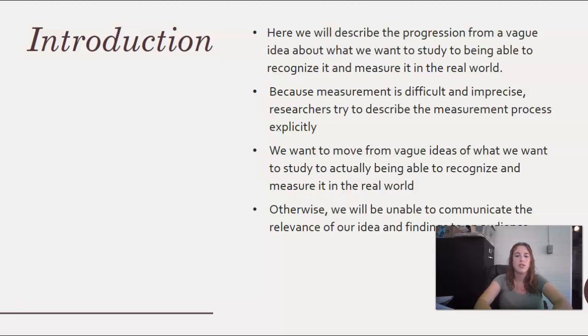If we say that we investigated the relationship between poverty and crime, we need to explicitly state what type of crime we are looking at. Are we looking at property crime? Are we looking at violent crime? Are we looking at white-collar crime? What do we mean by poverty? How much money do you have to be considered living in poverty? We want to make sure that these things are explicitly stated in our research so that we can communicate what our findings are.